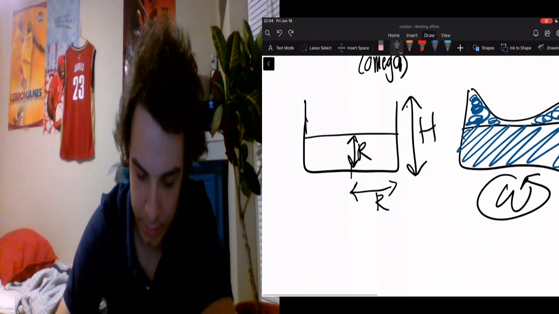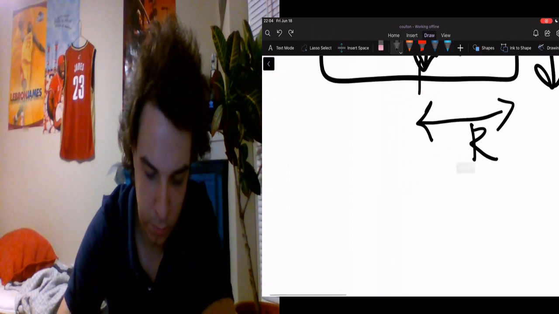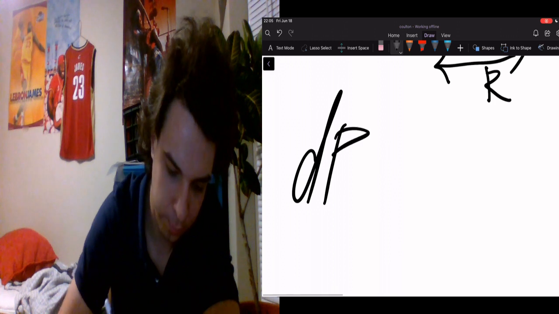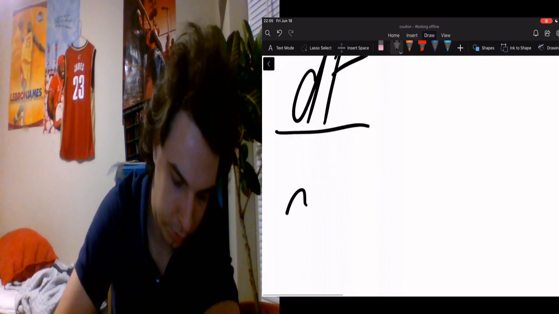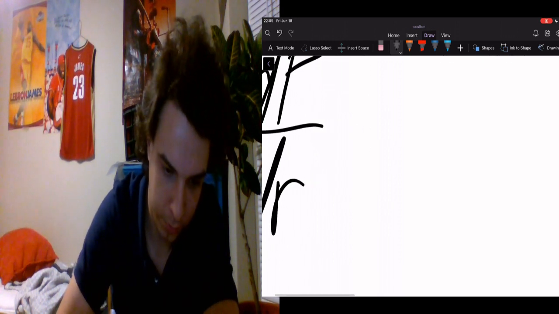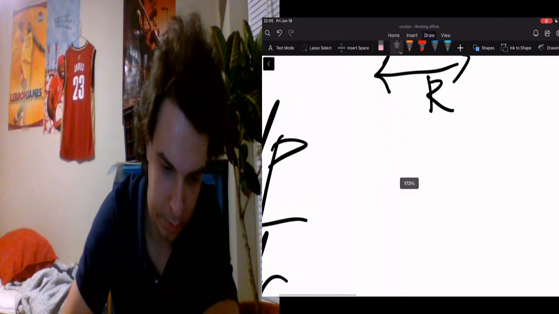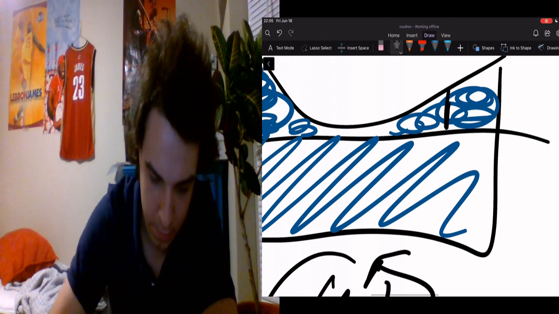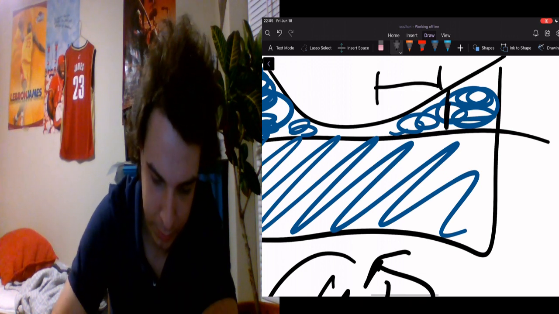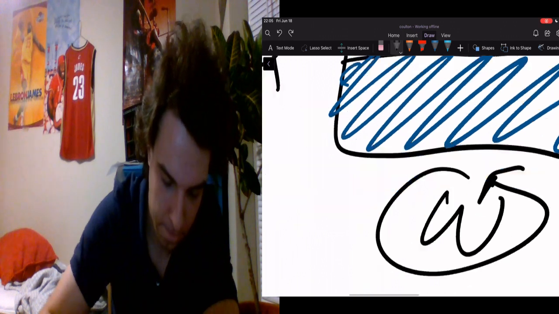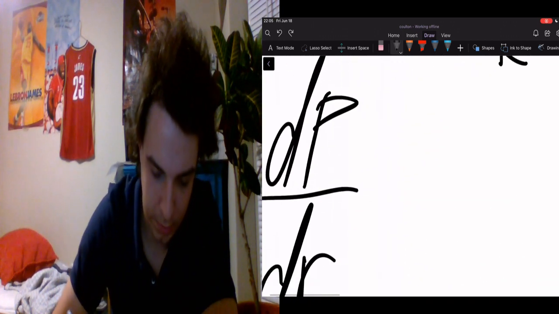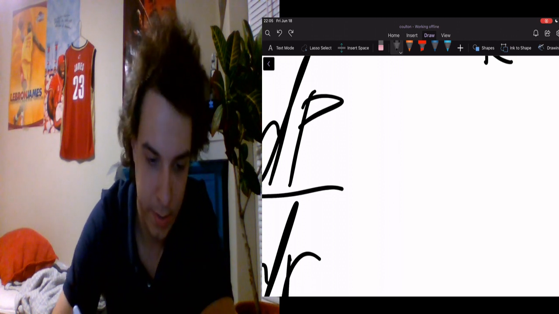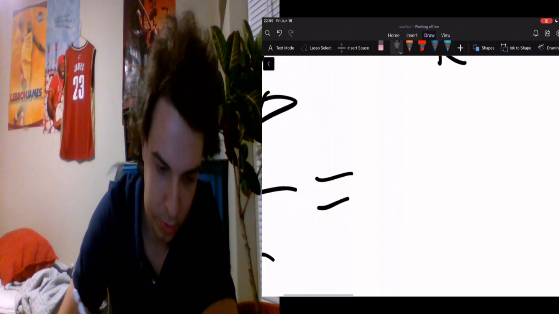And then we'll start here with the change in pressure over the change of the radius, small r. We'll get into that in a second. Small r can be anything from here to here. It can change. It's anything in between, up to the big R, and that is equal to